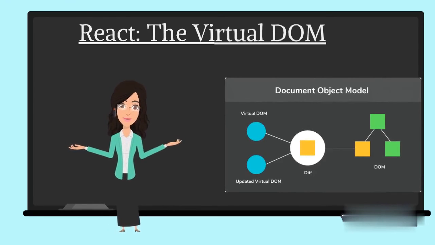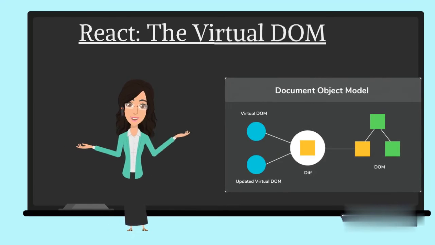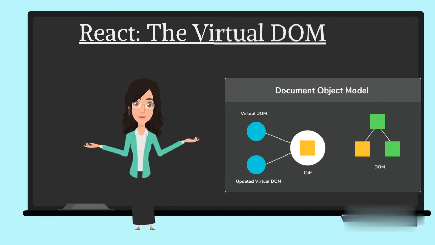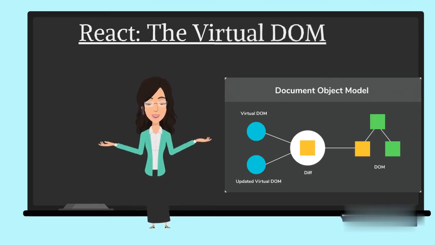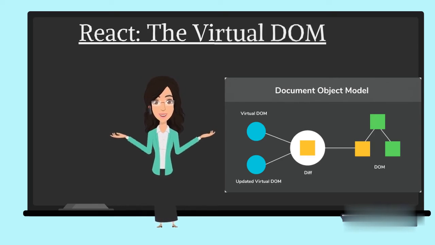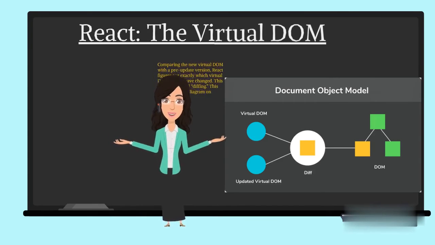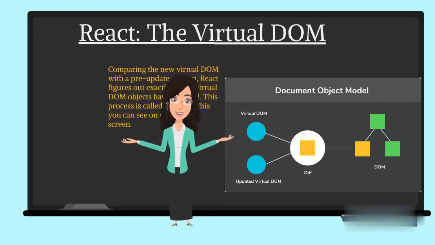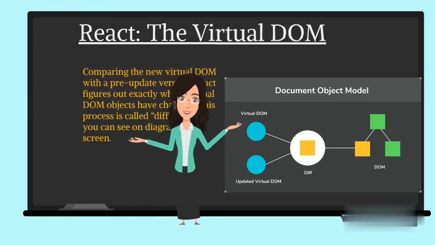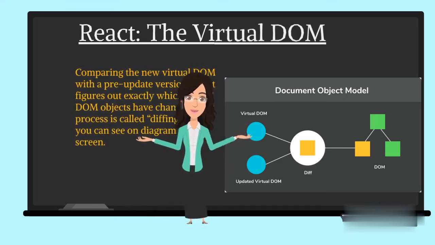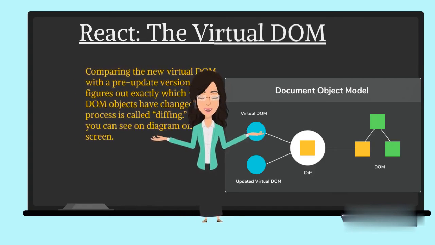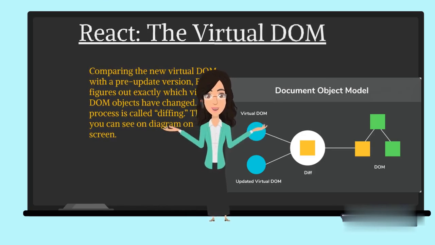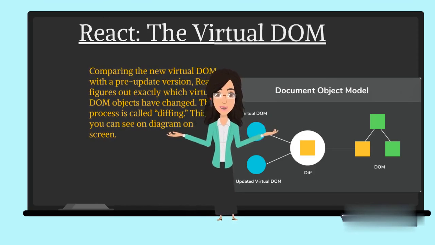Once the virtual DOM has updated, React compares the virtual DOM with the virtual DOM snapshot, meaning the blueprint, that was taken right before the update. By comparing the new virtual DOM with the blueprint version, React figures out exactly which virtual DOM objects have changed. This process is called diffing. You can see this in the diagram on the screen.